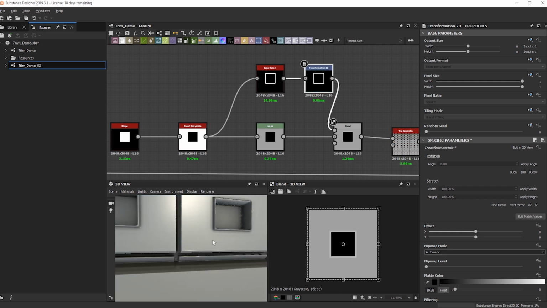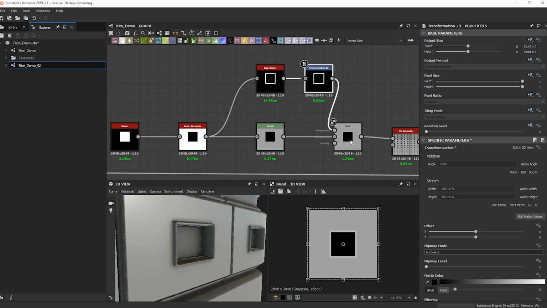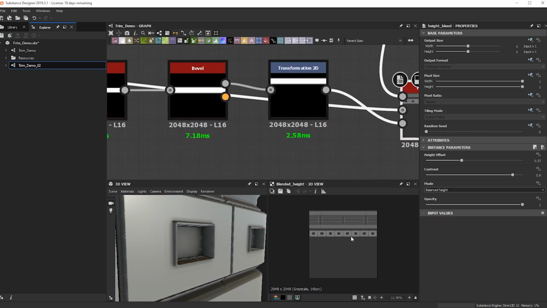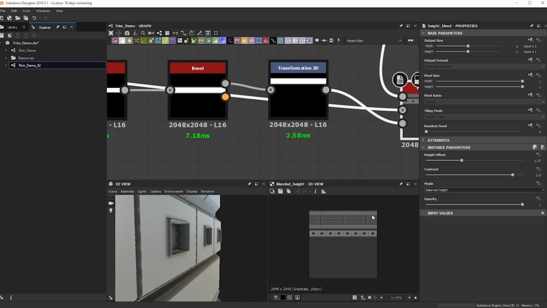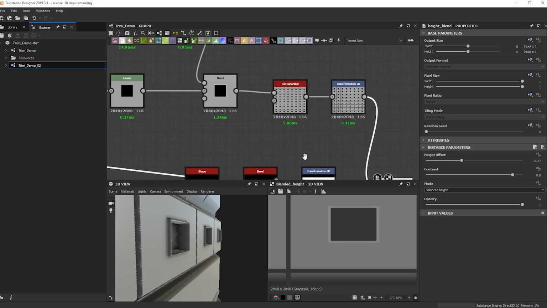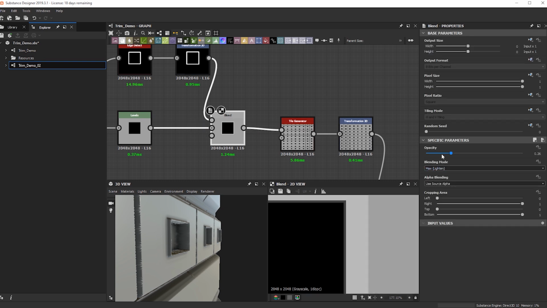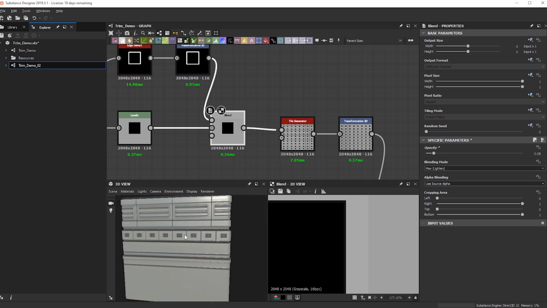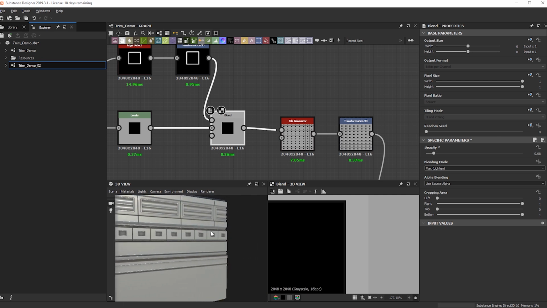Cool. Again, still a little bit too intense, so I'm gonna see if we can bring it down even more. Yeah, something like that. Something to just give us a nice little lip here. That's already looking pretty cool.